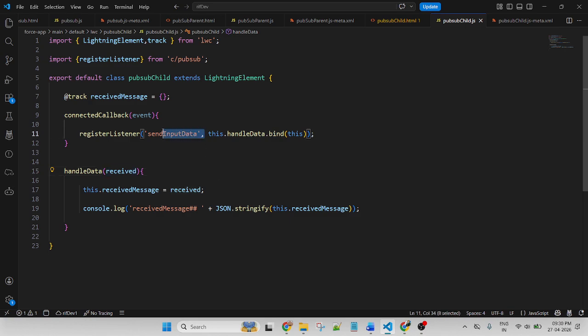So this is the first, this is the second. In the first, I am passing the send input data, and in the second I am receiving data and storing data inside this variable. So this method I am calling here and binding here.